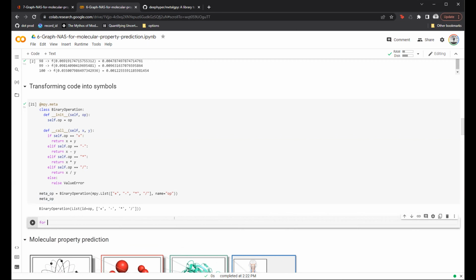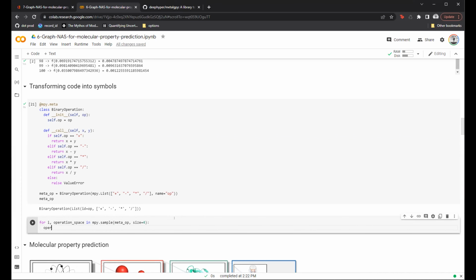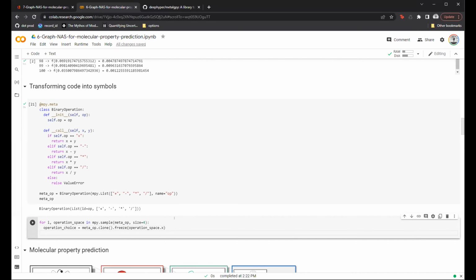So that would mean you can do something like this, which is my operation space in mpy.sample of meta p size equals to just say 4. Then you can say, okay, operation choice would be meta op.clone, as I mentioned before, and freeze of a specific operational choice would instantiate a specific value to the operational choice, and operation just be operation choice dot evaluate.